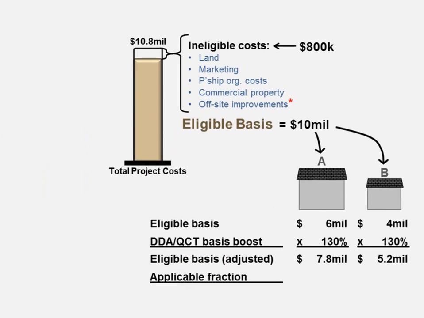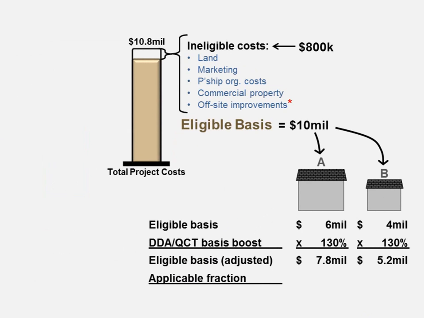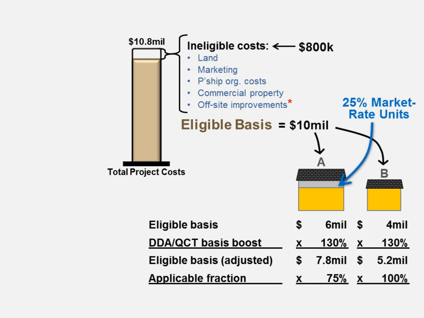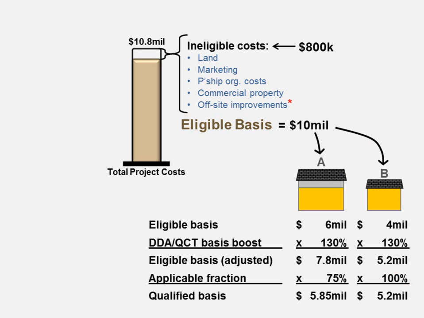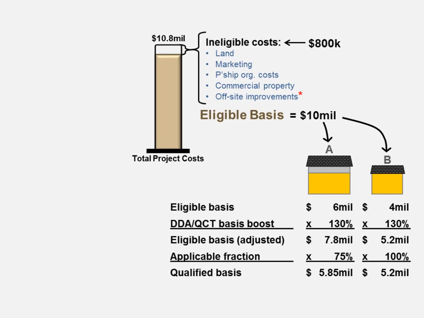So let's go back to our example with building A and building B and assume that building A has an applicable fraction of 75% and building B has an applicable fraction of 100%. So basically building B has no market rate units, but building A has 25% of the units or square footage as market rate units. When we multiply eligible basis by applicable fraction, that gives us what's known as qualified basis. So we're almost home free as far as our annual tax credit calculation. The final step here is just to multiply the